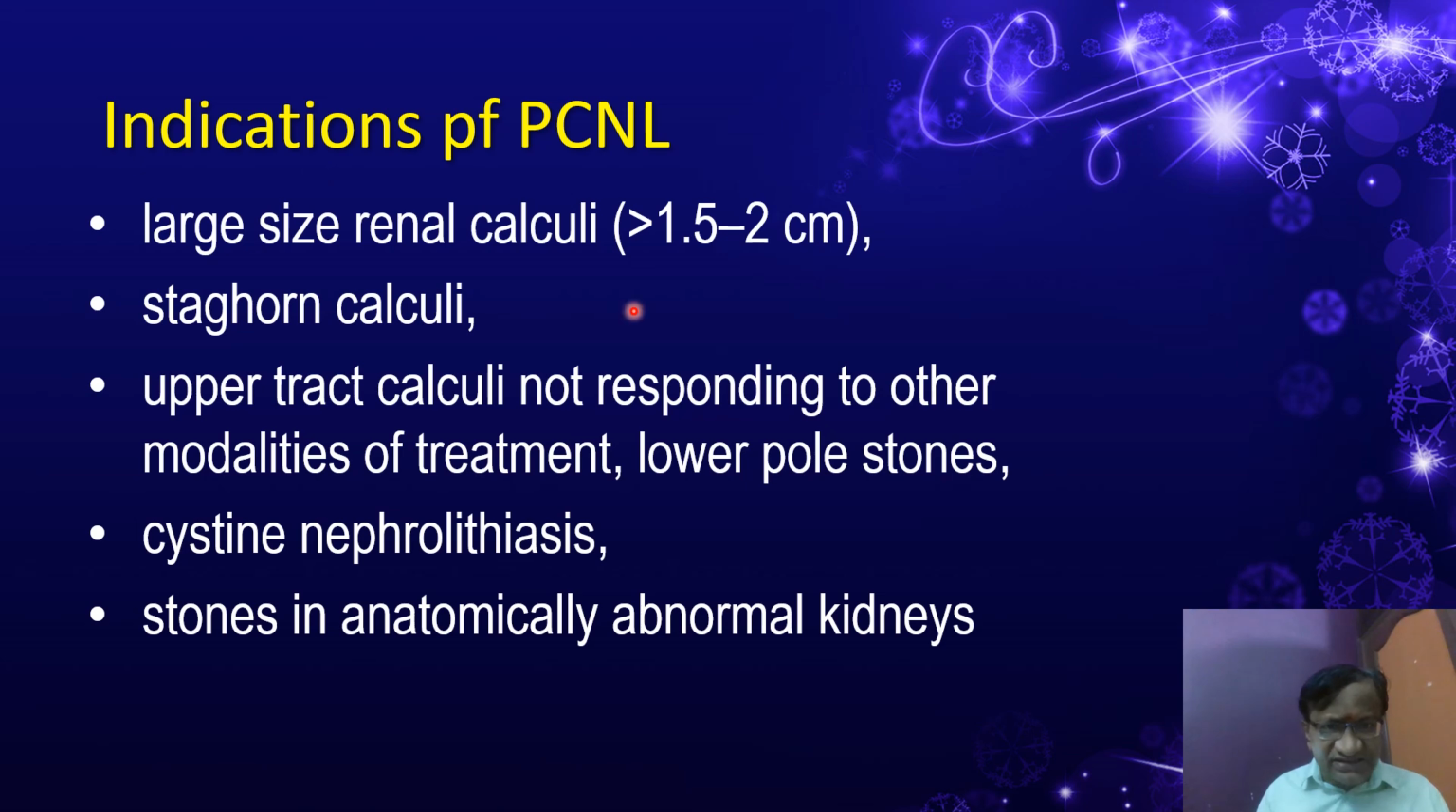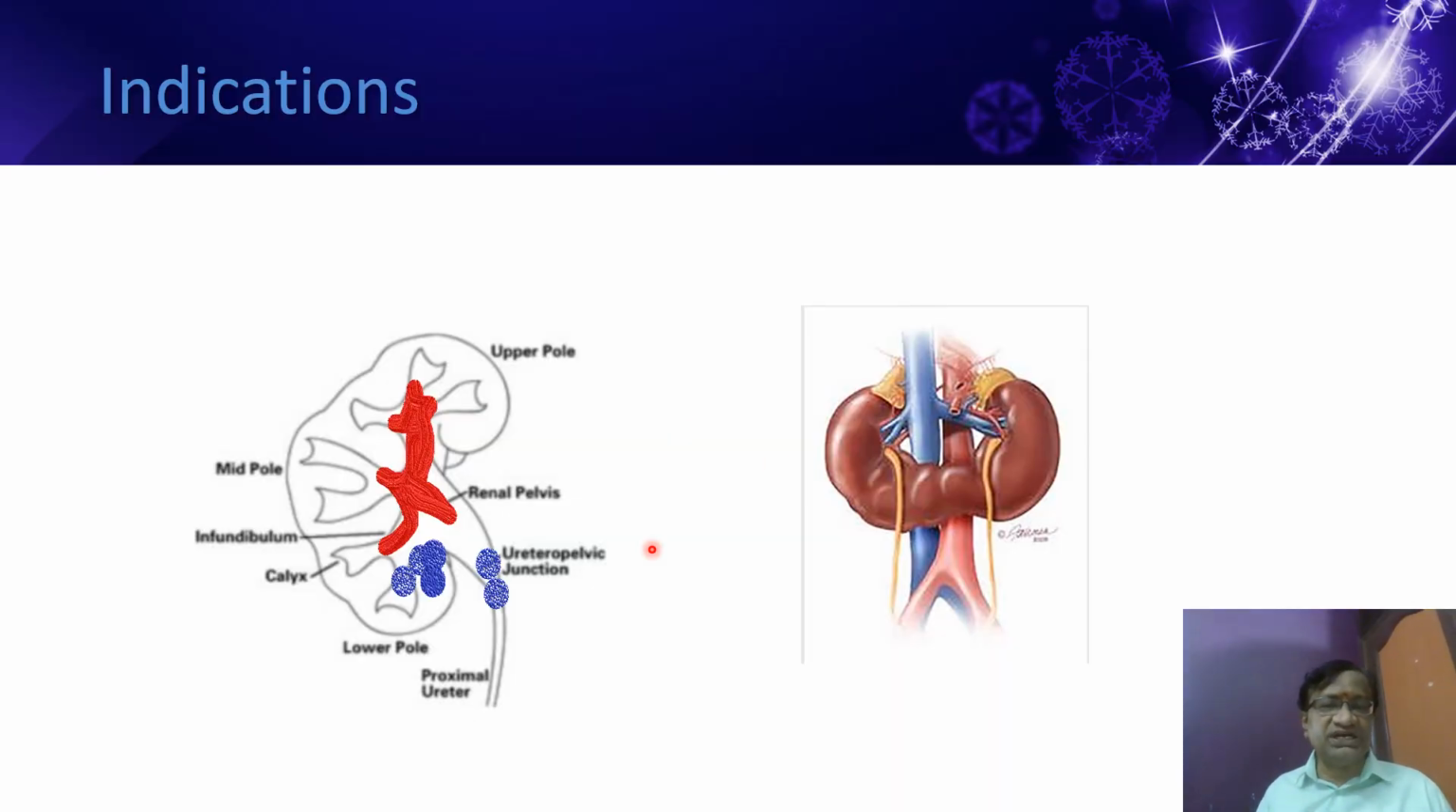Indications of PCNL are large size renal calculi, staghorn calculi, upper tract and lower pole stones. It's sometimes very difficult with other modalities of treatment. Sometimes ESWL will not work. Cystine nephrolithiasis and stones in anatomically abnormal kidneys are also indications. So large size and staghorn calculus are the two common things which we encounter. Here you can see lower pole, staghorn calculus, ureteropelvic junction, abnormal kidneys, all these things are